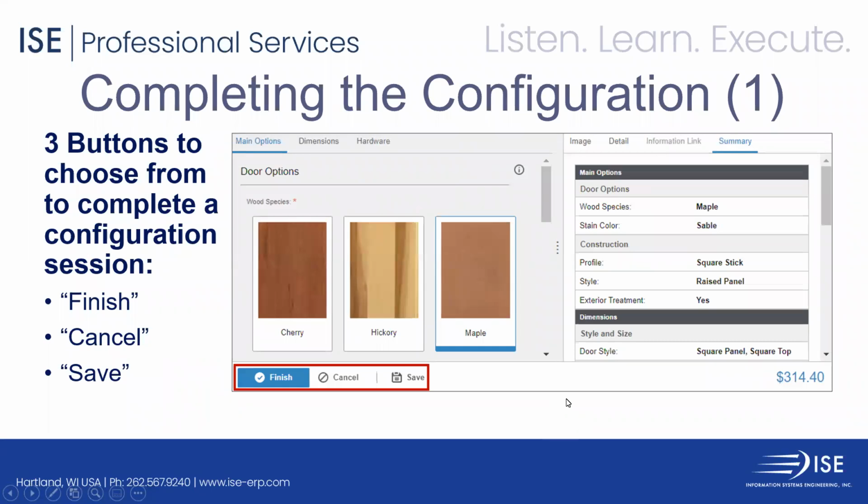All right, how do you complete the configuration? So there's 3 buttons in the lower left. You have finish, cancel, and save. So start with save. Save means, okay, what I've done so far in this configuration, I want to save for really